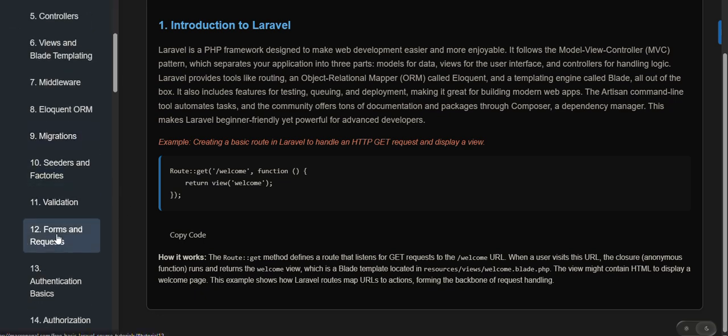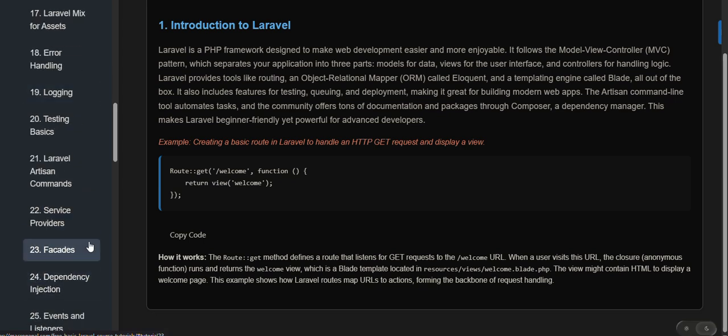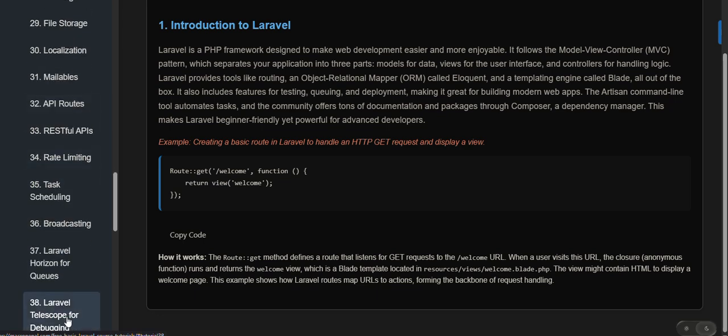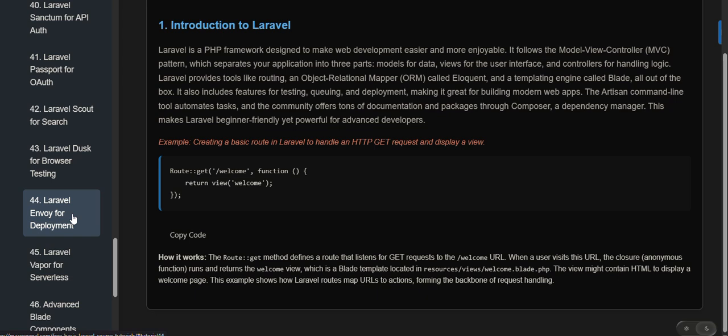factory, form validation, authentication, authorization, database query, Eloquent relationships, Laravel Mix for assets, error handling, logging, testing, Laravel Artisan command, service provider, facade, dependency injection, Laravel best practices, policy, model observer, custom Artisan, advanced Blade, Laravel Vapor serverless, Laravel Envoy deployment, then Laravel docs